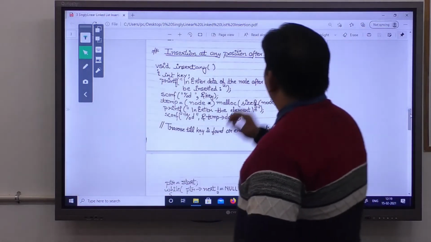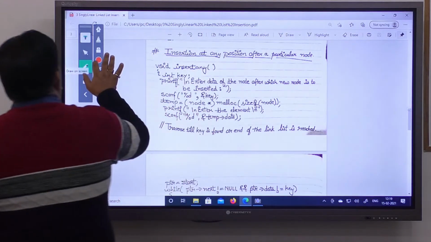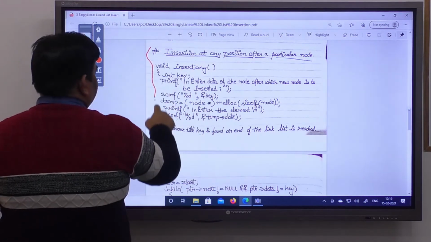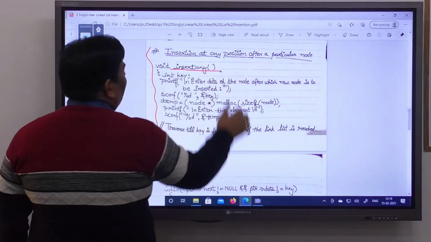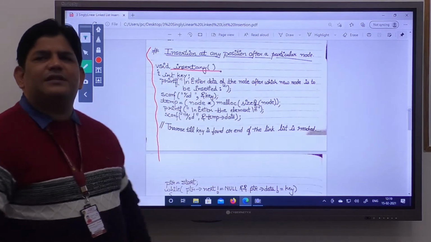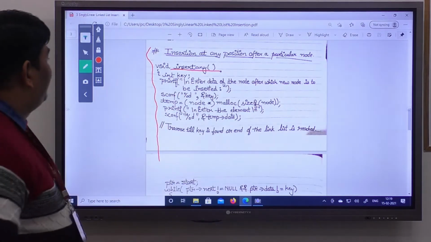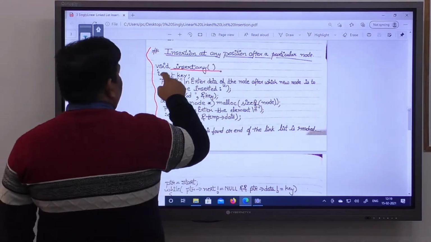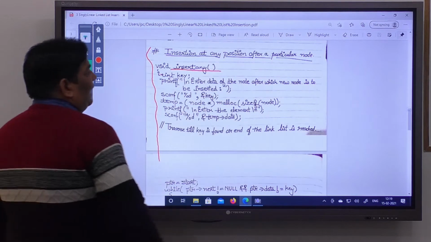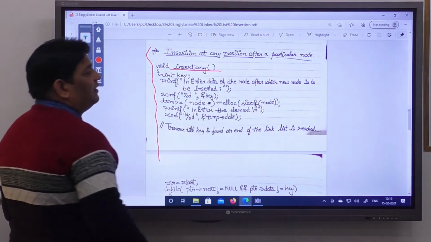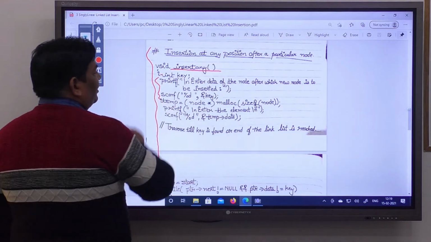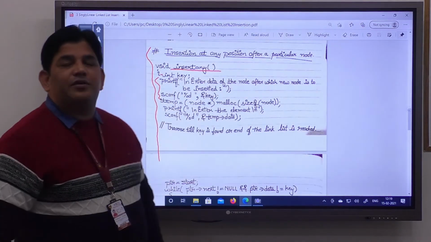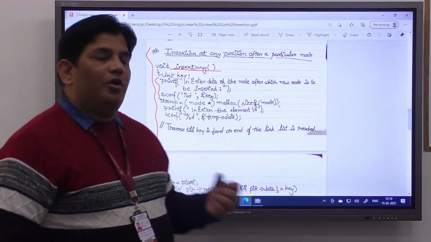We can perform this type of code. We call this function insert at any position between the first and the last node, and take an integer variable key, and then enter the data of the node after which a new node is to be inserted. Then we take the reference of that particular node after which you insert your newly created node here.